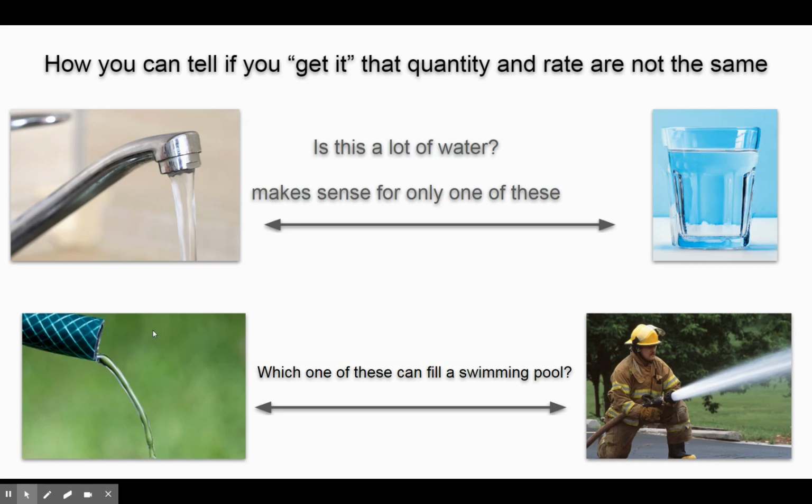The idea is to make sure you know the difference between quantity and rate. So if you look at these two pictures and someone says, hey, is that a lot of water? And you go, well, it's a cup. That's how much water there is. Golly, a cup. I can see through that water. It's nothing like the water down where I come from. It's not wriggling or nothing.